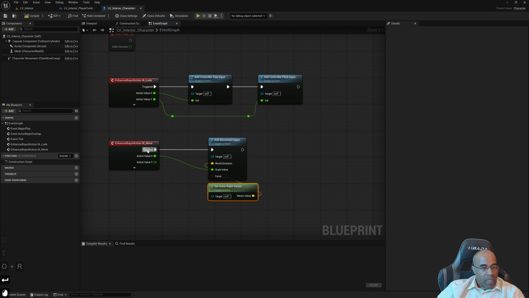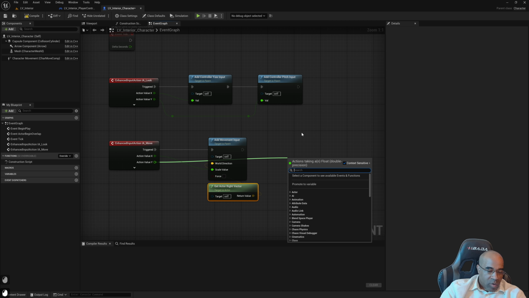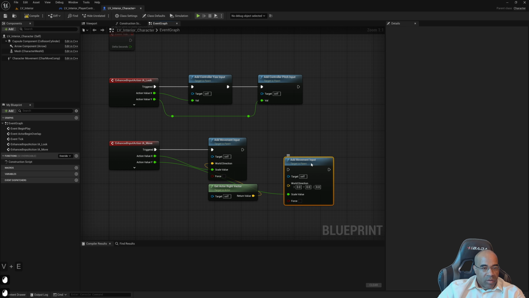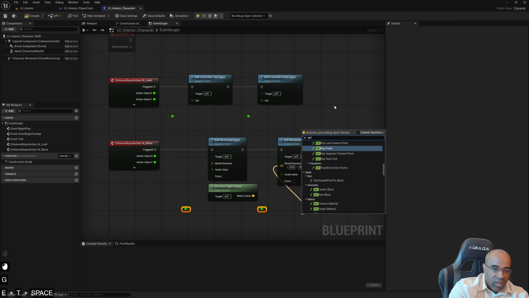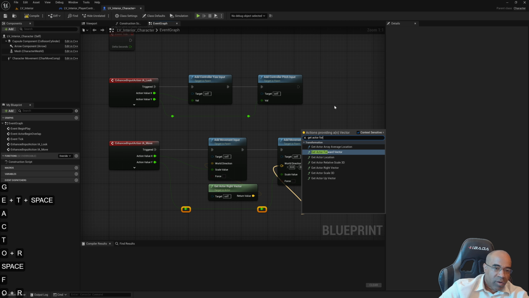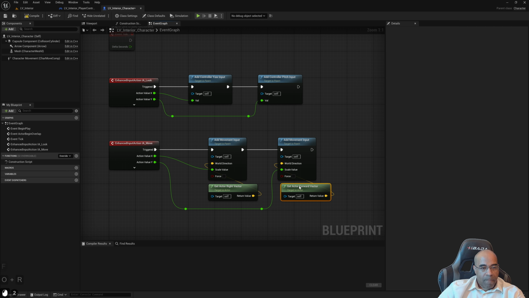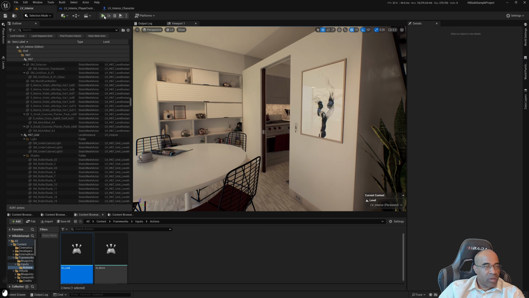And for the Y, we're also going to add movement input. Just cleaning this up a little bit, easier for you to read. For the world direction on Y, we want to get actor forward vector. And that's it. So I'm going to compile, save, and if we go back to the world and hit play,